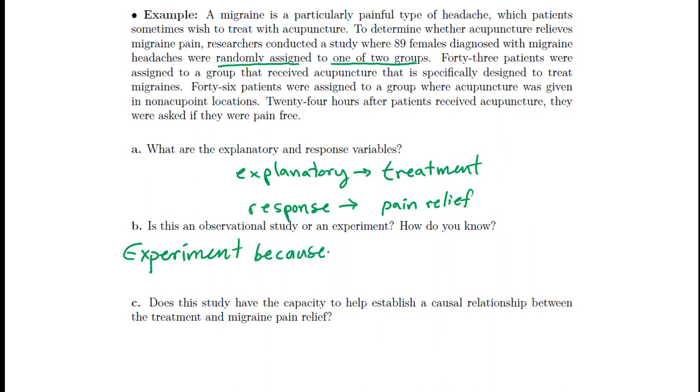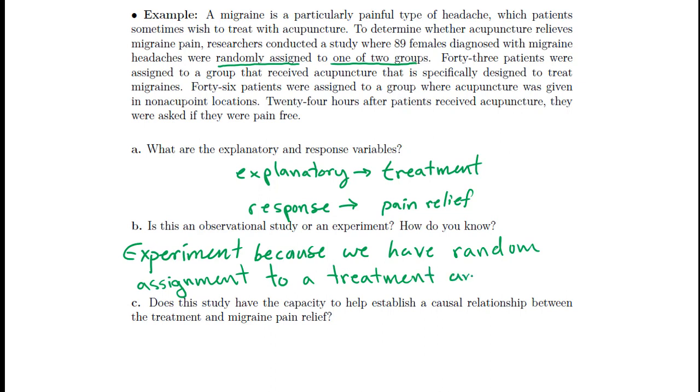Right? And the reason is because we have random assignment, and that random assignment is important, to a treatment and control group. And let me just say, the reason that the random assignment is so important, a good example is something that